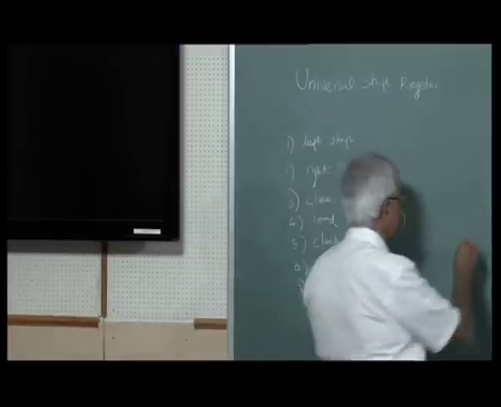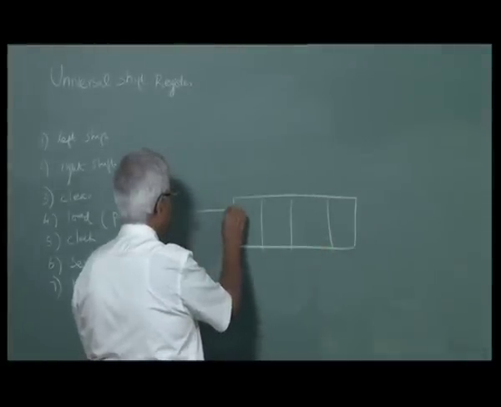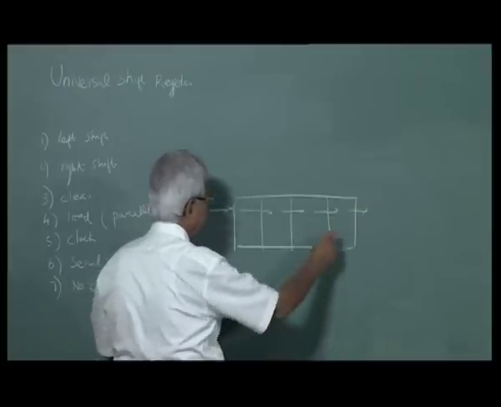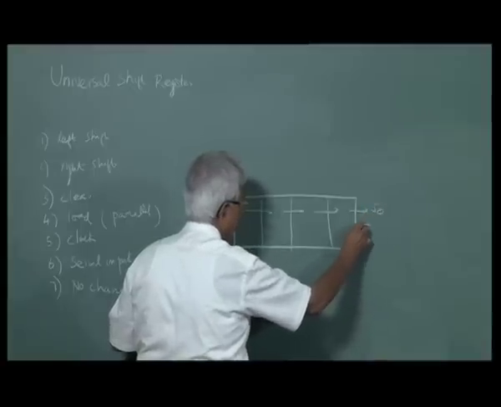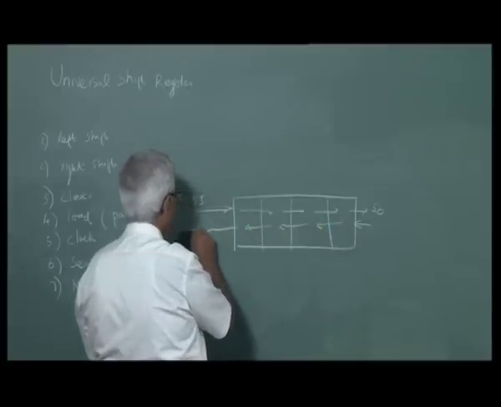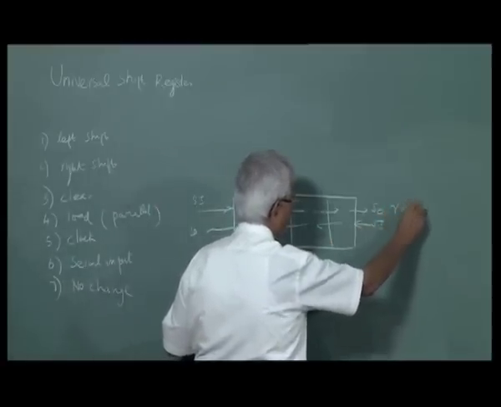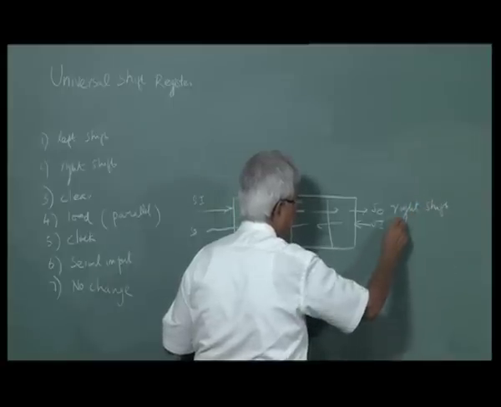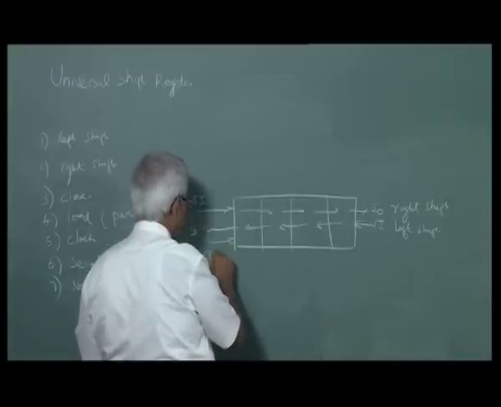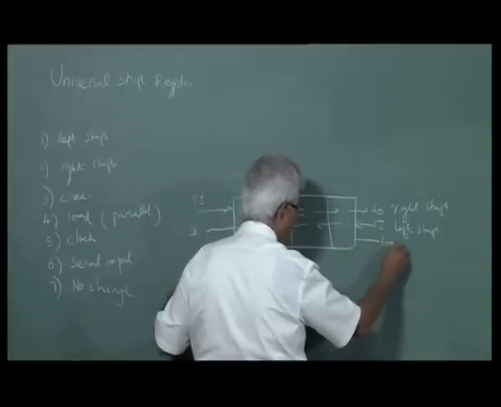So, in other words, there will be one shift register. I can give input, serial input, here, and it goes like this. Or I can give the data here, this is serial out, and move here. This is shift out, this is what I call right shift. This is what I call left shift. As I said, you can always clear the whole thing. I can load it. Load means this is